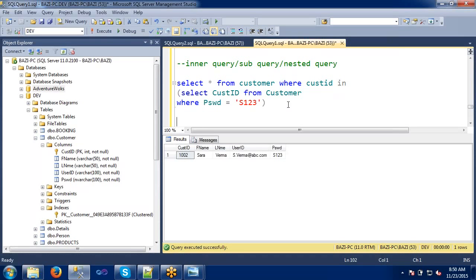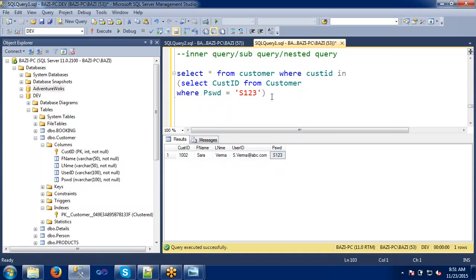But sometimes our queries need to be subqueries, where the inner query result should be passed to the outer query. So in that scenario, I just want to show you how it will be executed. The inner query result will be passed to the outer query, and then this outer query result will be displayed here. Okay, I just want to show you the concept actually. You can try yourself with different conditions, writing inner queries.